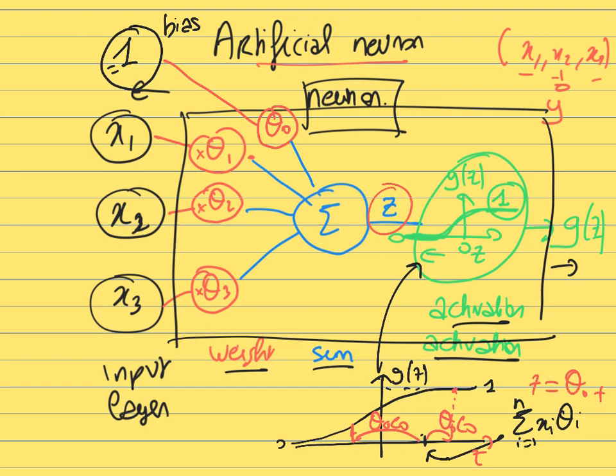So when you calculate theta naught plus the sum of the xi theta i, you will need a very large value for the input xi times theta i in order to generate a variable z that is large enough, because you make it very hard to activate these neurons, because it has to overcome a very negative bias. So now, to activate these neurons, you will need your input to be large enough to overcome the negative bias before these neurons will start to transmit a signal.